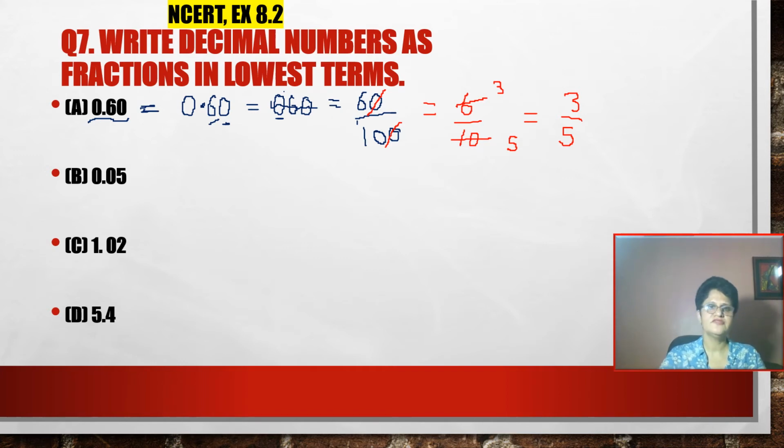Clear? So let's do the second part of it. It's easy, no? So let's quickly do the second. The second one over here is, let me write the question. So it is 0.05. And now I will not be explaining everything in detail. You should remember the first step is to copy the number as it is, ignoring the decimal, write your 5 upon 1, wherever there is a decimal write 1, and after that I can see 2 digits after the decimal. So I will write 2 zeros.